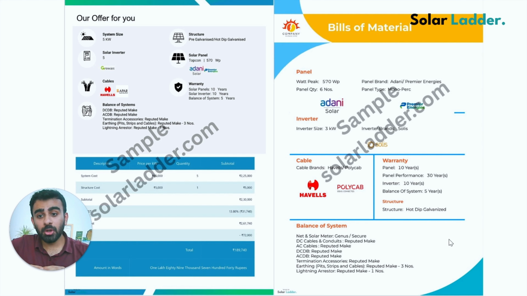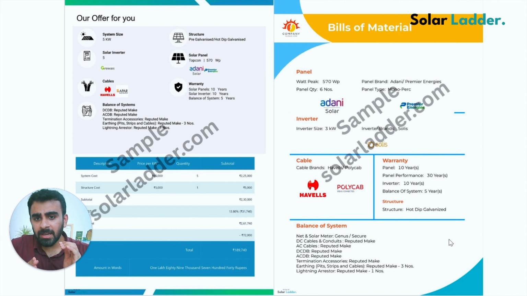So make sure that you're very detailed, things are very clear and easy to understand, and most important, transparent. Whatever you're going to install, make sure that is there in the BOM table. Because after the installation is done, the customer should not say that I was quoted for something else and something else was installed. So make sure the panel brand, inverter brand, structure, cables, anything that can be used to compare